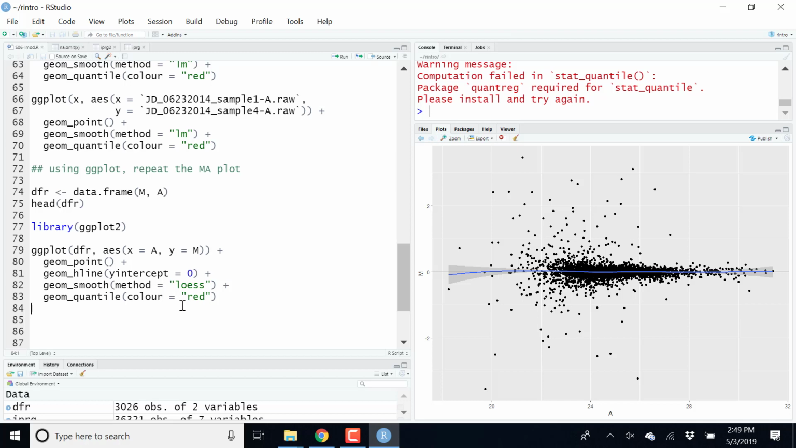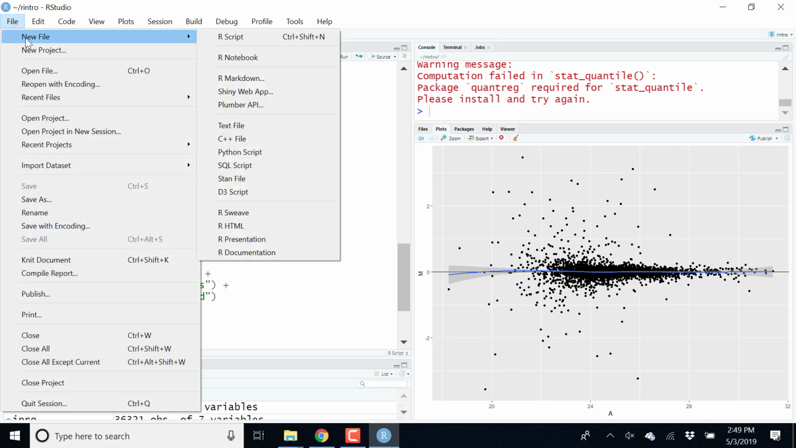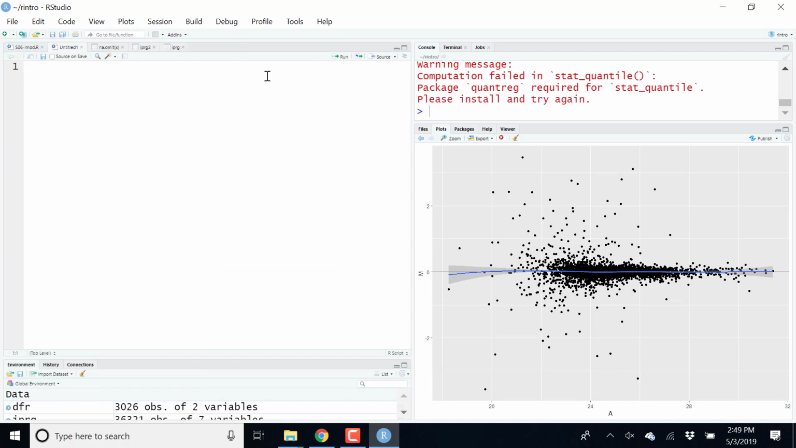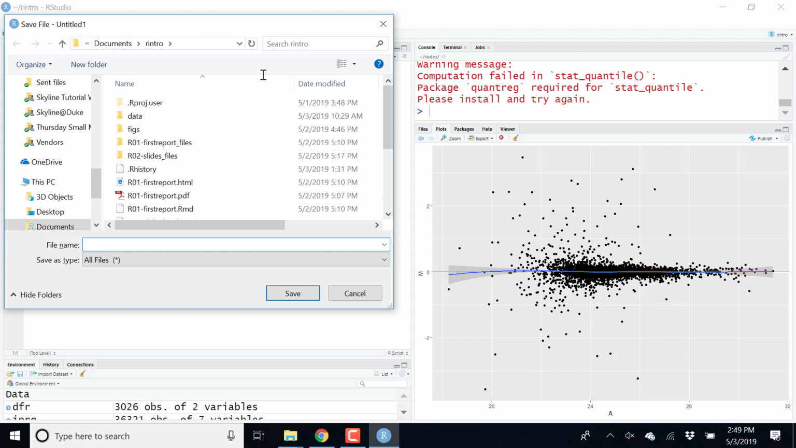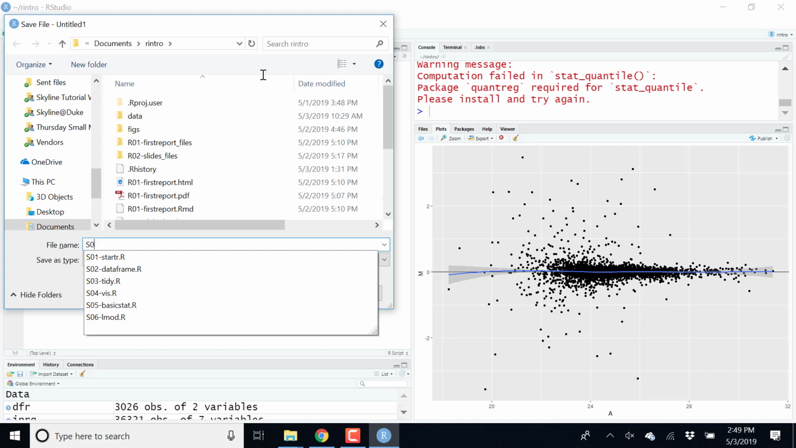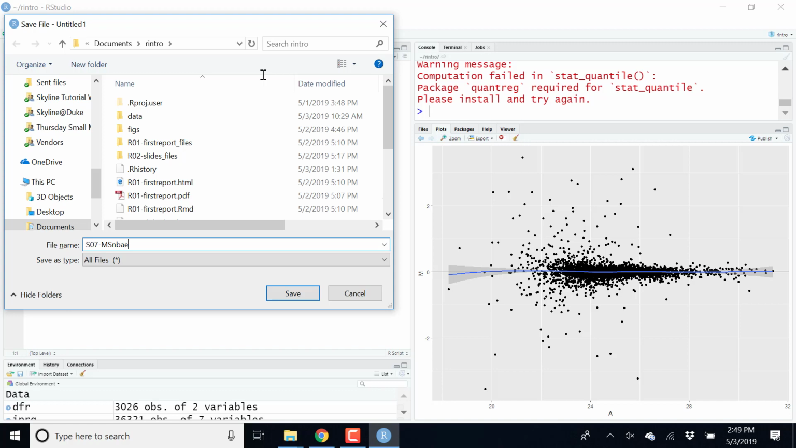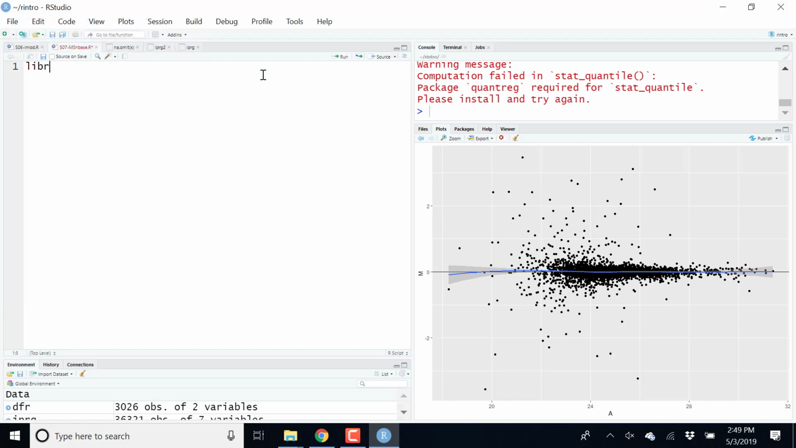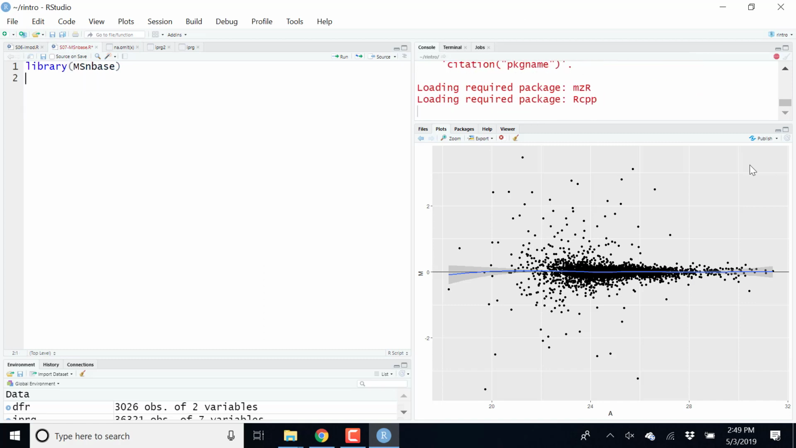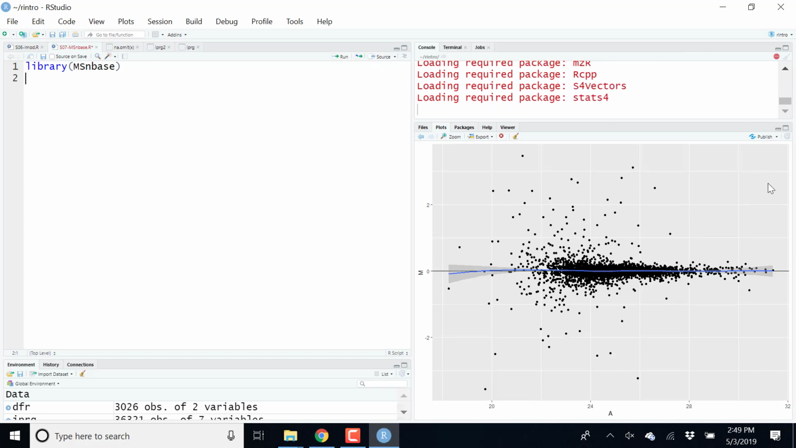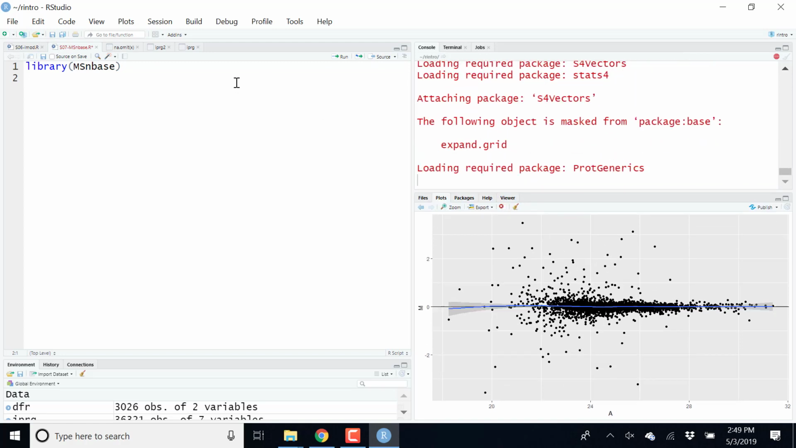Okay, so I want to briefly talk about this. And for that, I'm going to open a new file, a new R script, and I'm going to save this as S07. And briefly talk about a package that we're not going to look at in great detail, but I just want to